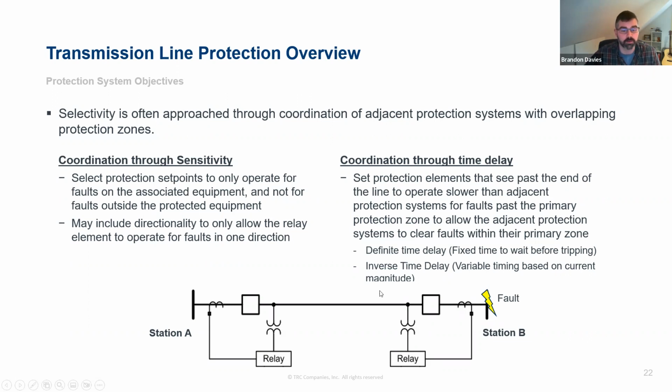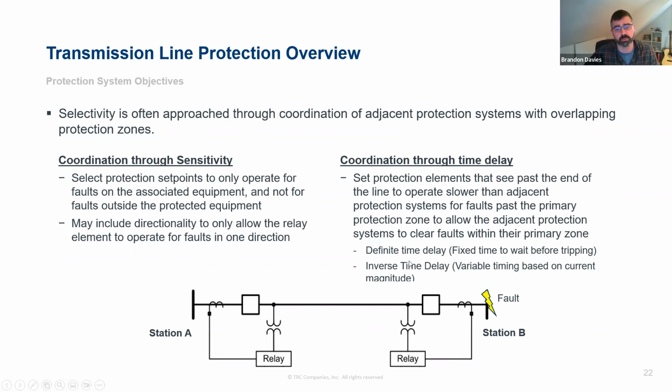a fixed delay. Okay, so we're going to wait 30 cycles, or half a second, for this relay to trip for a fault it sees at that bus, because within that 30 cycles the bus protection will clear the fault. If it doesn't clear the fault, we'll still trip, but we're at least giving it enough time delay to do that. The other option, you probably talked about the inverse timing in the distribution